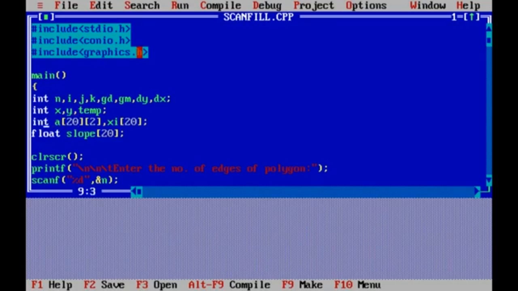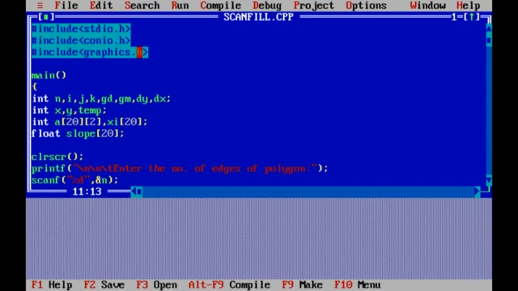In the same way, I'm using x, y and temp as integers, a two-dimensional integer array a of 20 by 22 and xi of 20. It's one-dimensional and the previous one was two-dimensional. In the same fashion, I'll be using a slope variable, which is a floating point variable.